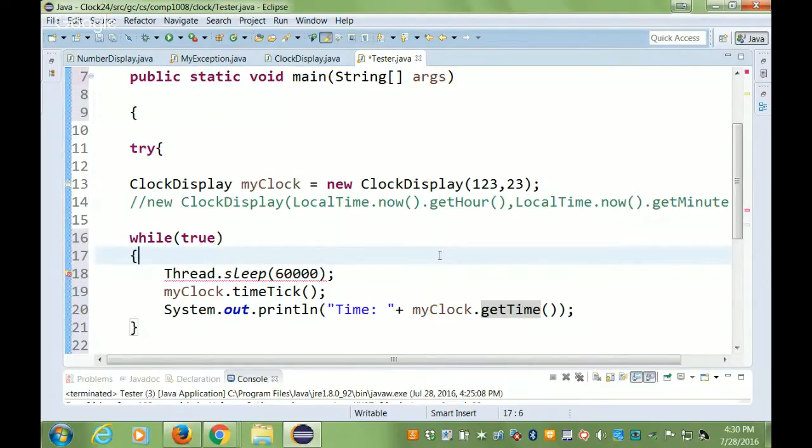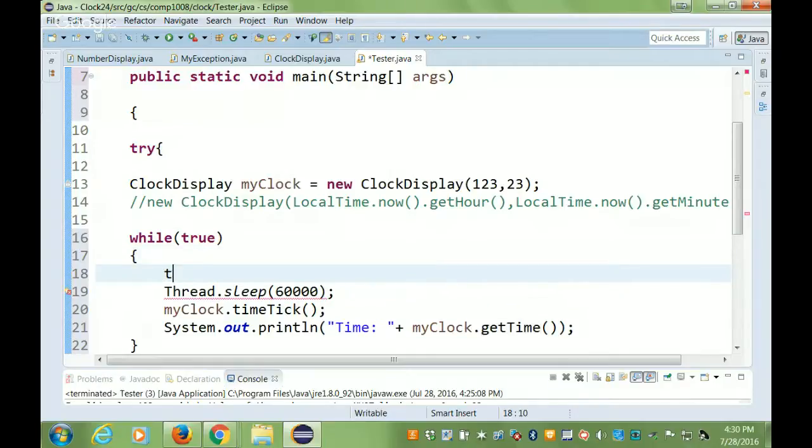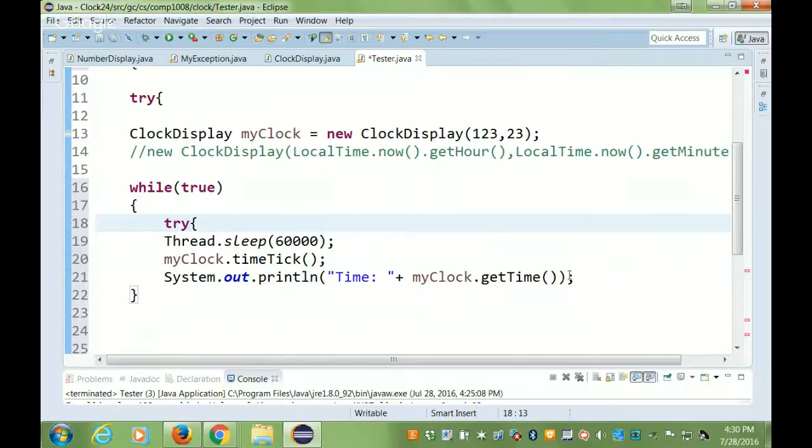You just can't say throws. You have to handle it. It's a rule, right? And how do I know? Because they told me, right? So which exception is causing the problem? InterruptedException, right? So what will I do? The same thing that I did before. I'm going to put it in try, right? I'm going to say try to do this. And if you cannot do it,